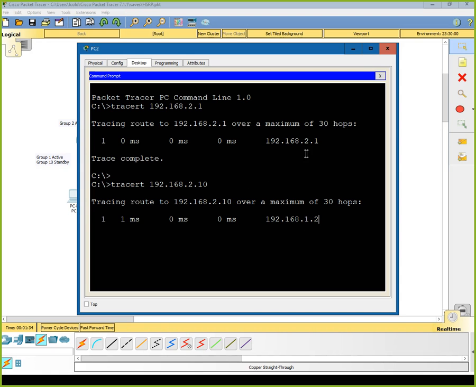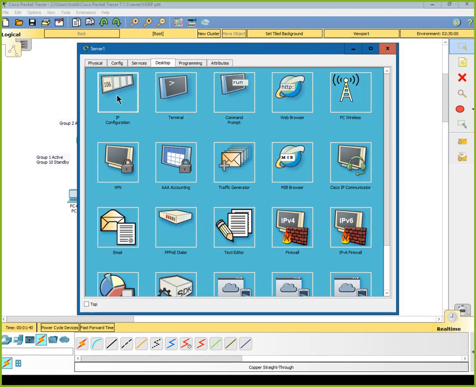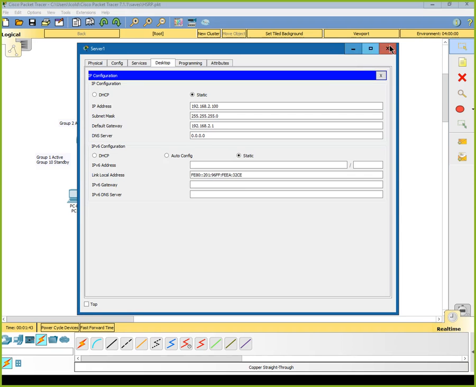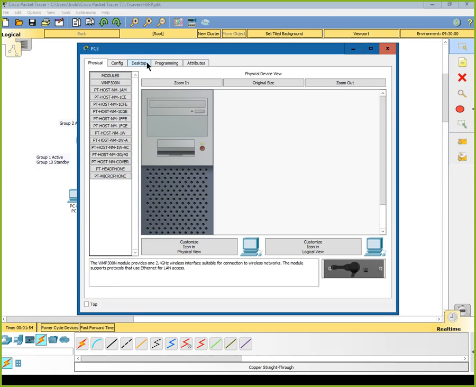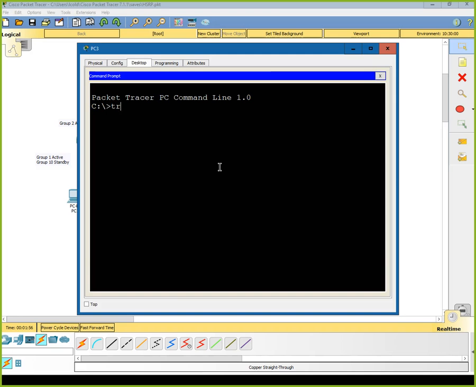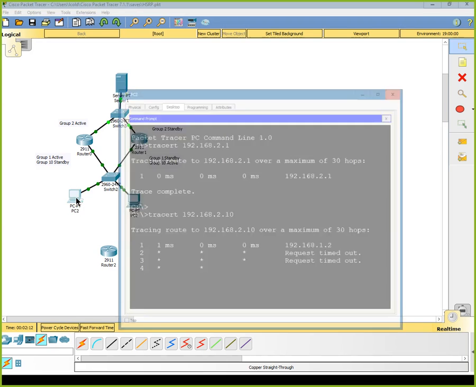Anyhow, it goes to 1.2, where that is the wrong address, obviously. Yeah, 2.100. I knew it was the wrong one. Yeah, while this one is finishing, it can't get there. Let's trace route 192.168.2.100. Its first stop is 1.3. The other one that couldn't actually get there, first stop was 1.2. So when we get here, we'll come back to this one. Let's see if this guy is